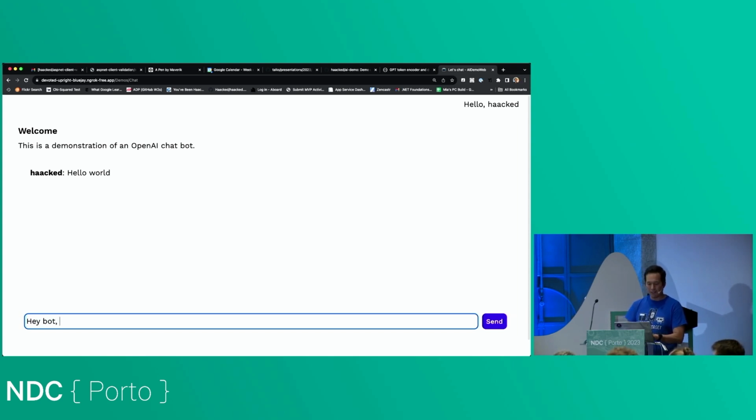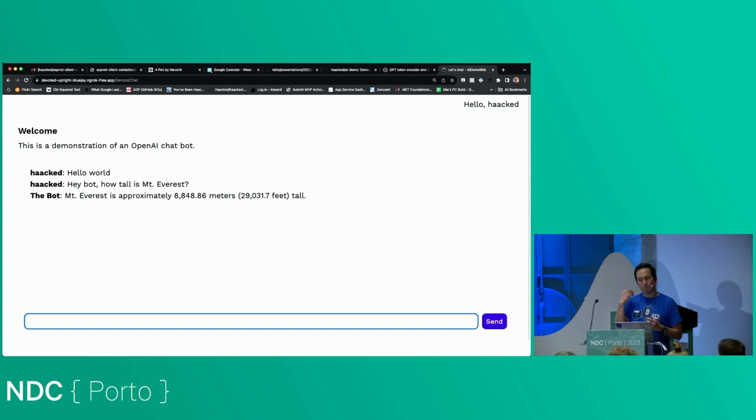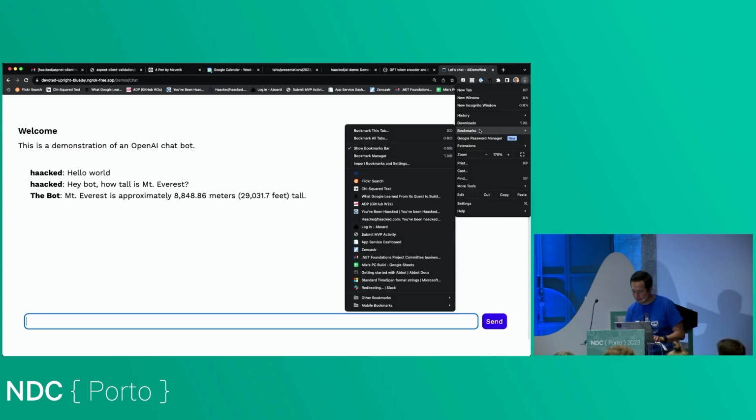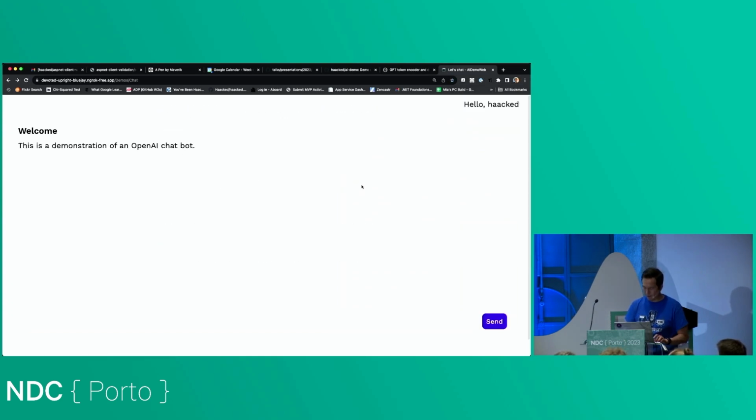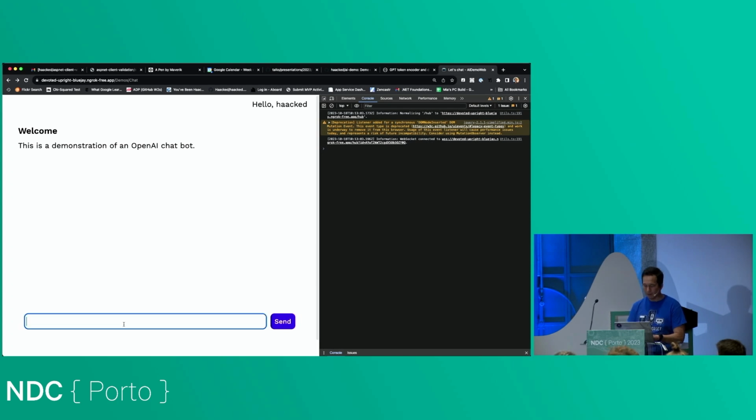But I can also do, hey bot, how tall is Mount Everest? And so I have it configured, when it sees hey bot, it's going to call GPT. Now, you could have your app listen to every message and then determine when it should respond. The other thing I did, oops, whoa, what was that? No, don't do that, is F12, okay. Hey bot, what was it? What is the weather in Porto, Portugal?